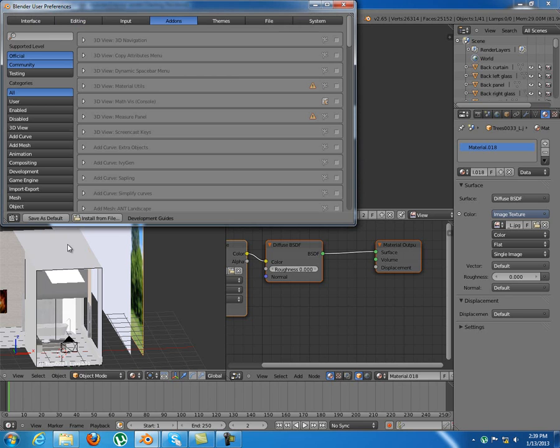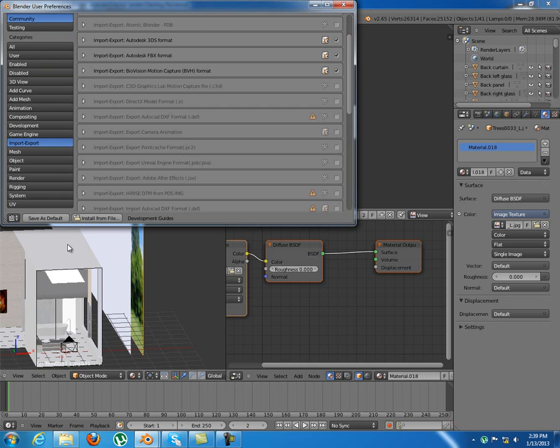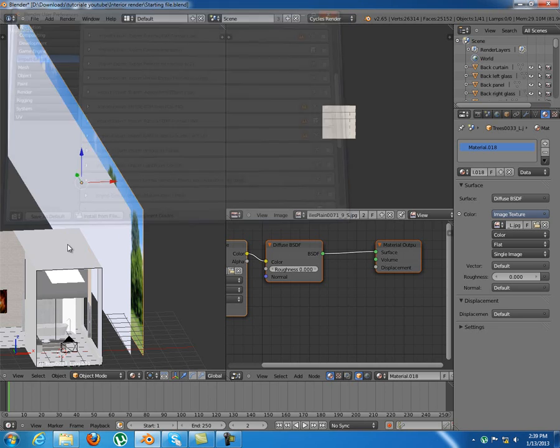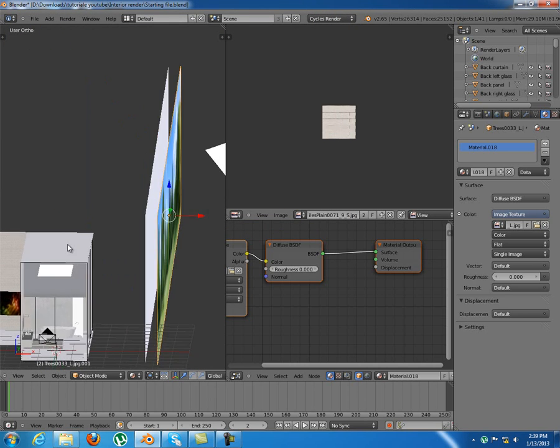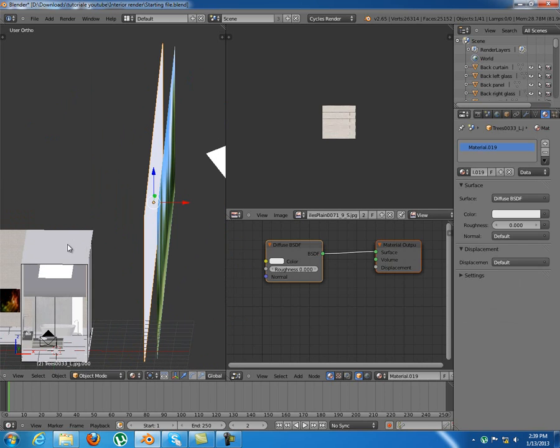import images as planes add-on and scale it up and place it right there. This is this one in here, because the scaling will be better. And this one in here, this plane is just an emission,